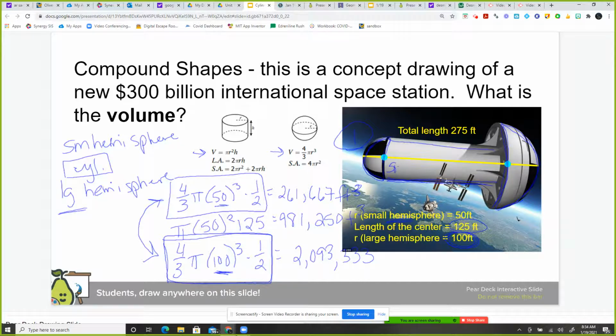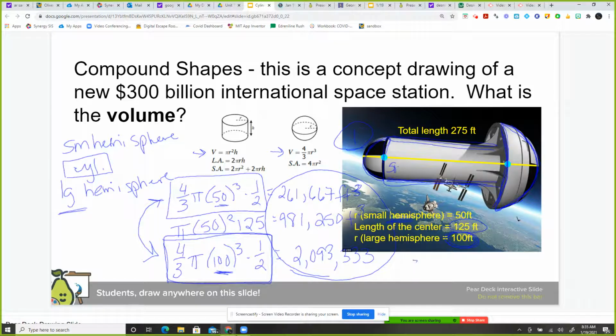There's more than twice as much area in this mushroom part than in the cylinder here. And then to find the total volume, we'd have to add all 3 of those up. So 2 million plus 981,000 plus 261,000